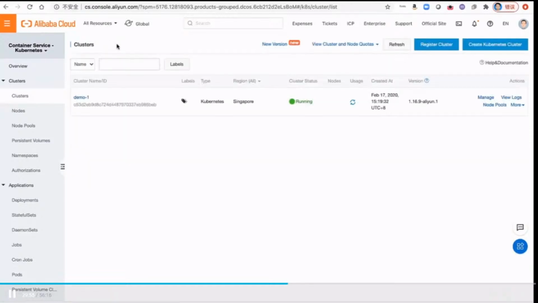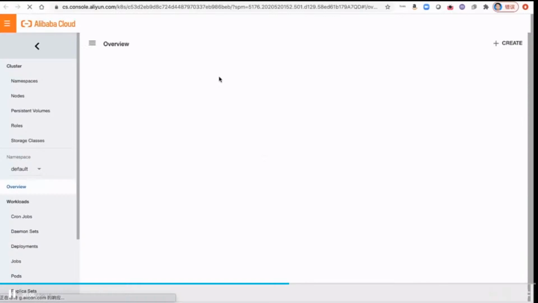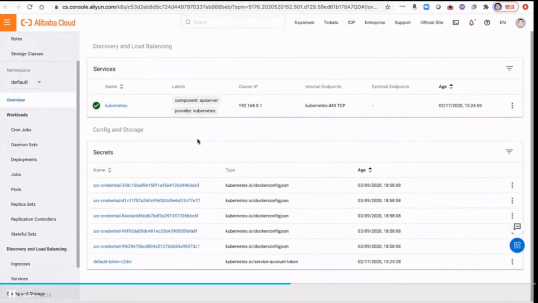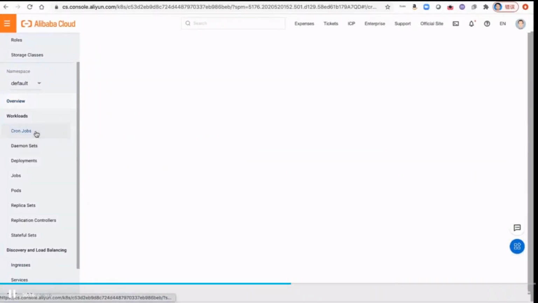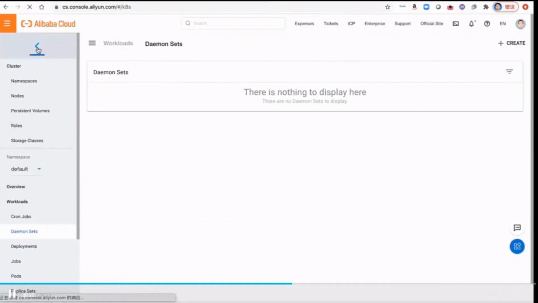rules. Some other functions like check, auditing, and deploy the ISO, and you can even go to the dashboard. The dashboard gives you another way to view the details of your cluster. You see there's the service running, and the secrets and cron jobs are quite similar to what we can see from the previous demo. So I'm going to go back, and